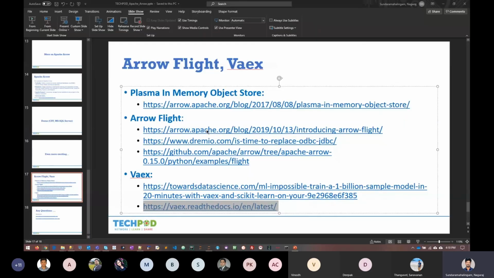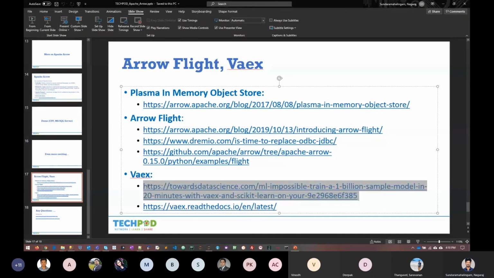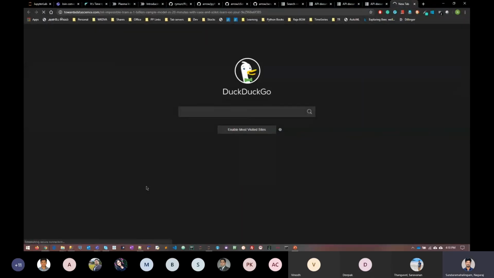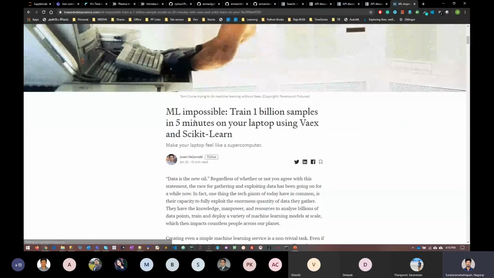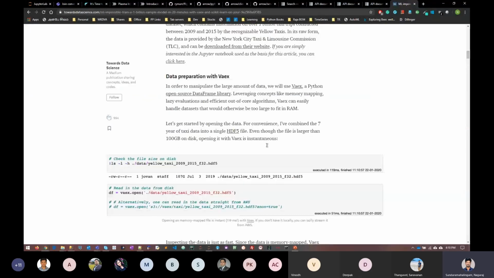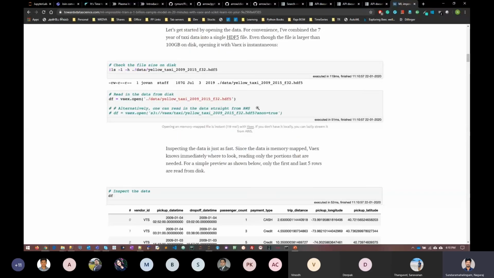Like there is another article, ML impossible: let's train 1 million sample data in 5 minutes using Max and scikit-learn. You can read through this document.